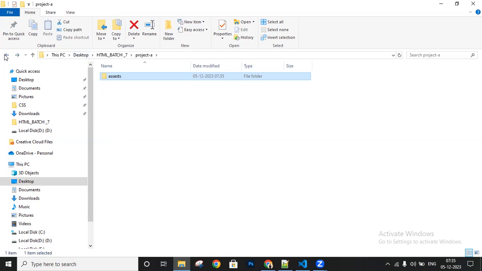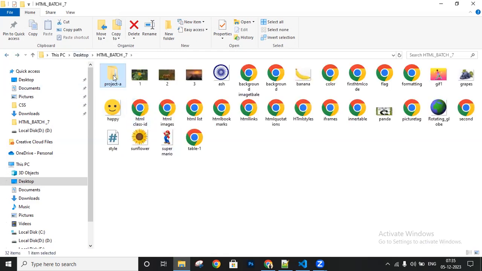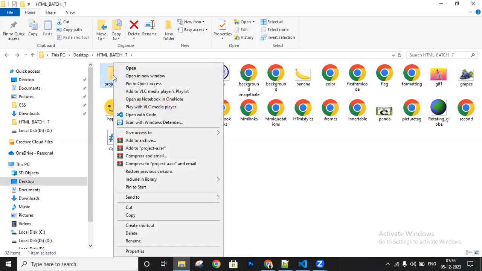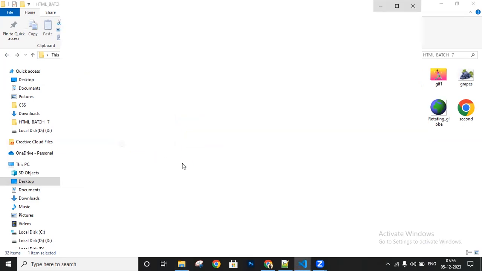The same we will open in Visual Studio. If you want to open this one, right click, open with Code here. Okay, so there you get